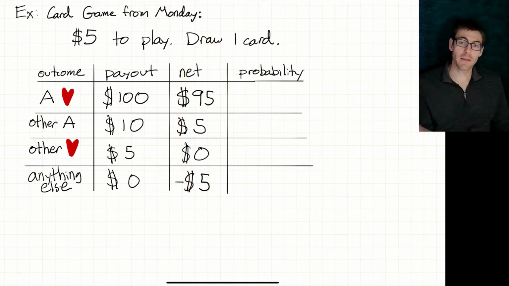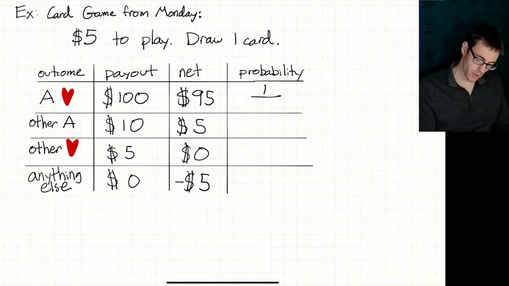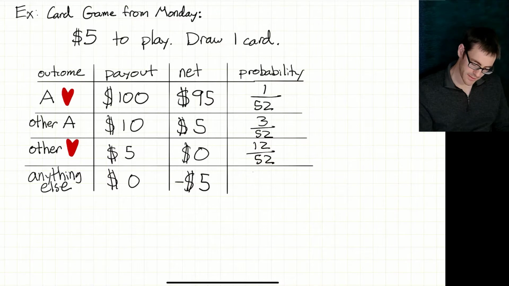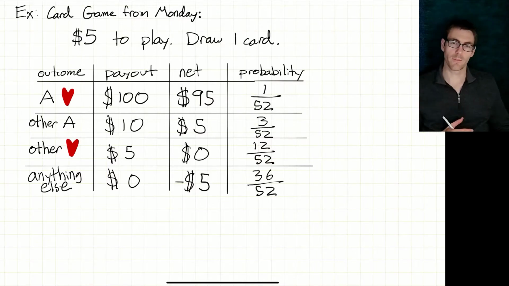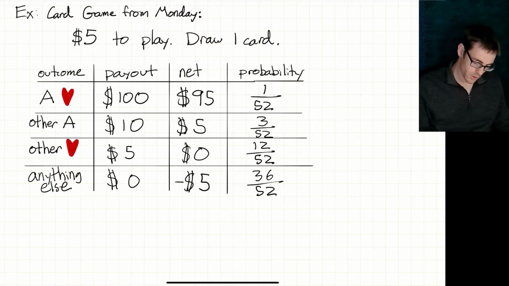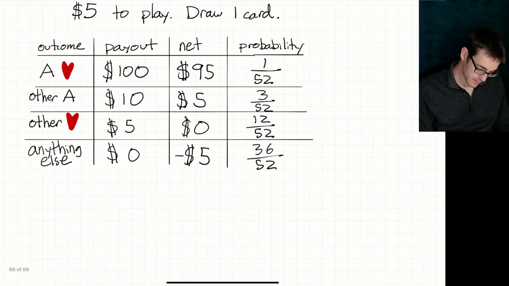If we want to know the expected value, or if we want to pay attention to this distribution, we want to note the probabilities of each of these things occurring. The probability of, out of the 52 cards, drawing the Ace of Hearts is 1 out of 52. There are 3 other aces, and there are 12 other hearts. And then lastly, I believe there are 36 cards that under the system don't get paid anything. So we can find the expected value